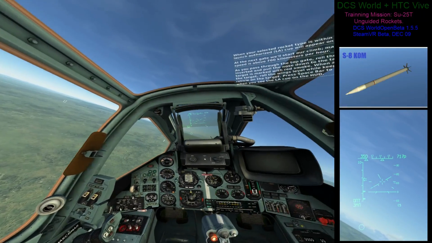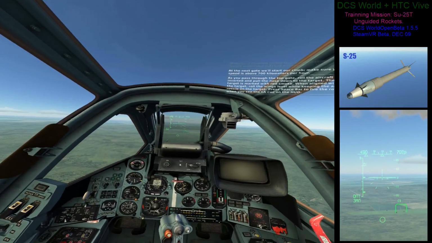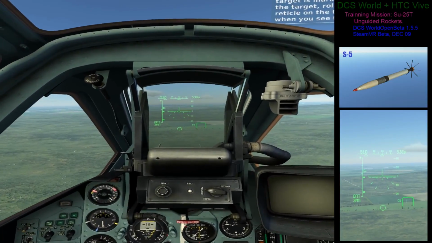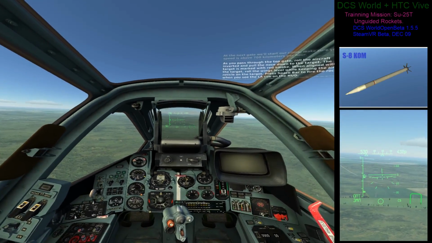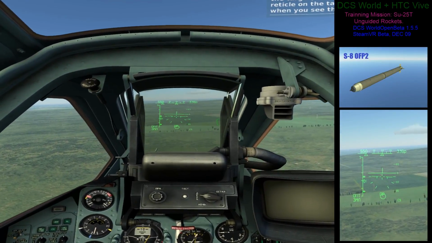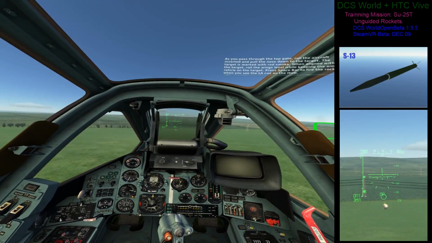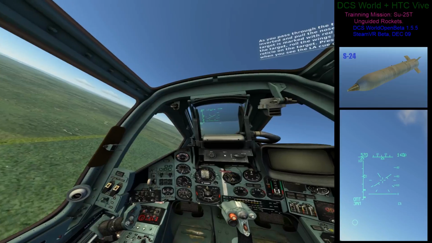Let's put that away and start paying attention to my flying again so I don't stall out and crash. I'm still on the S5, and so far I'm doing fairly well. It's kind of the best that I've done with rockets. They're just difficult to use, mainly because it's so difficult to see the targets. The trucks and everything are just well camouflaged, especially in the HTC-5. And then they get hidden underneath the pipper,